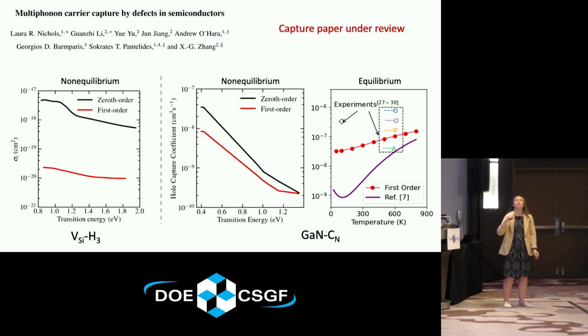We have a paper under review right now. We did the non-equilibrium capture problem that we are interested in. And then we also benchmarked it against equilibrium capture with the caveat that in this case, because of a fortuitous algebra trick that we found, we were able to include all of the phonon modes instead of using the approximations used before. So not only is our model now fully scalable, it's actually more accurate than previous models, with